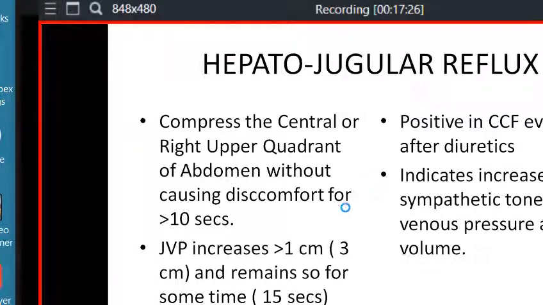Of course, you should make sure you do not cause any pain to the patient while pressing the abdomen, because that will increase the sympathetic tone and give a false